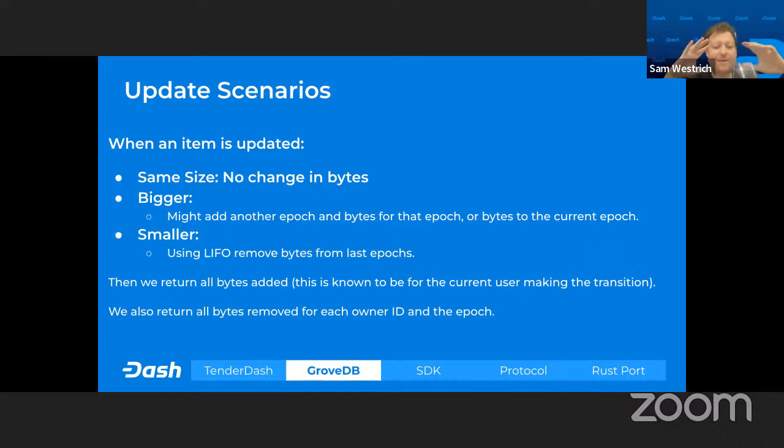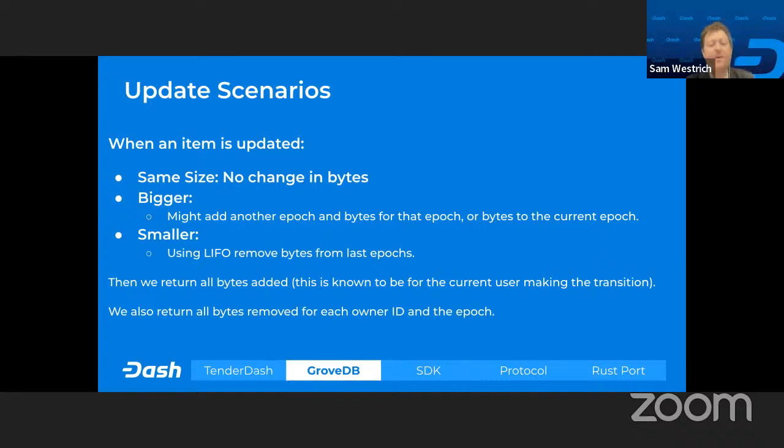Let's say then it was updated again and added 3 more bytes at epoch 1. Well, you would say the majority of bytes are on epoch 0, and then you have 3 bytes from epoch 1. So that's basically what happens when you have something bigger. When you have something smaller, it gets a little bit more complicated, meaning that you're removing value from the system and you're taking it back to yourself.